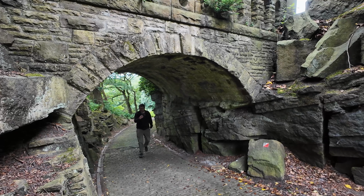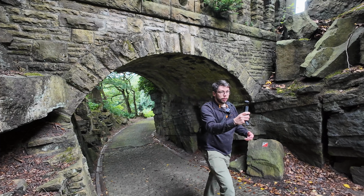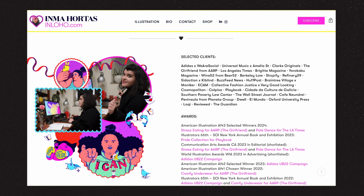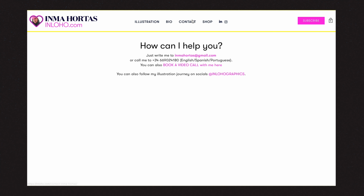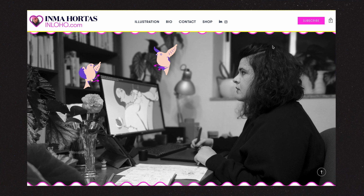Here's another tip. Tip number 3, I think. I've lost count already. Use a photo of yourself. Put a photo of you in your studio or you working on your About page, because people like to see who they're going to be working with. It's natural to want to see the person behind the work, and a lot of illustrators are a little bit